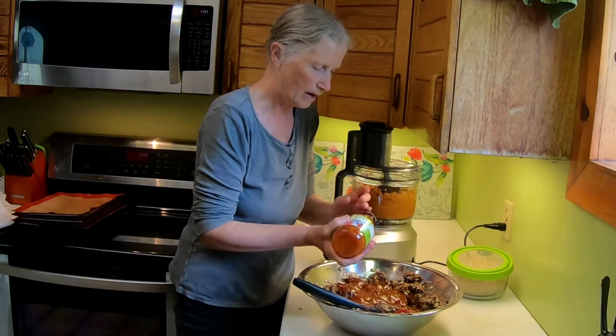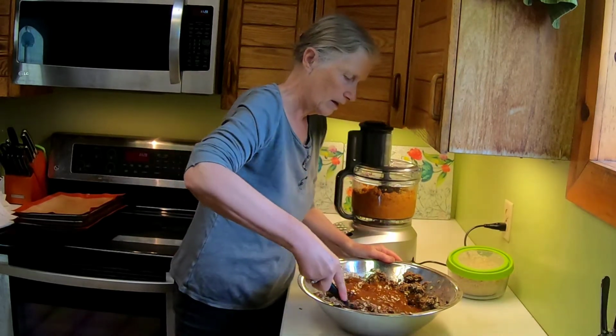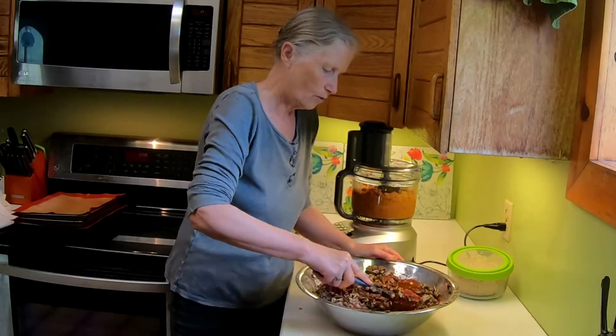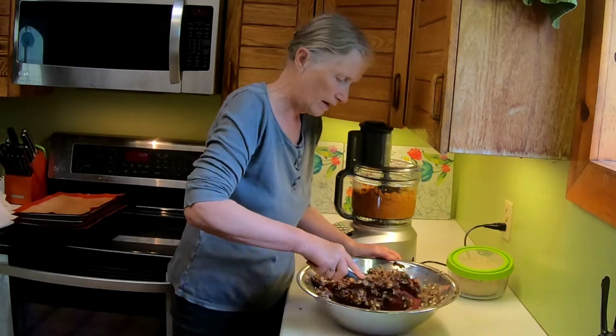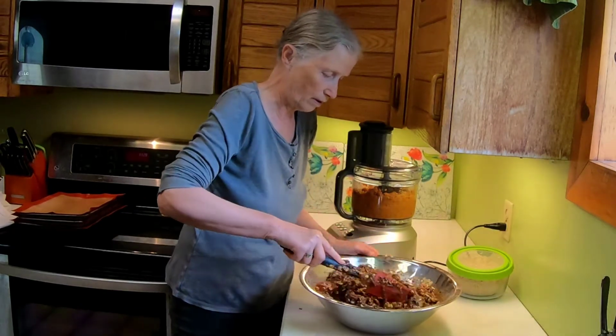Okay. And that'll also help to kind of blend everything. And once I get to the rice part,